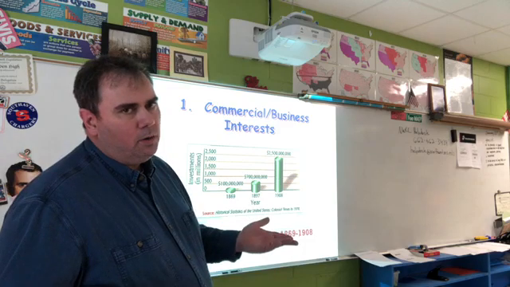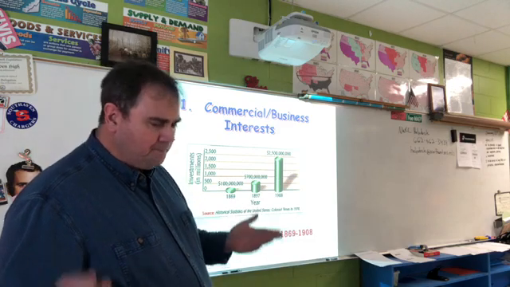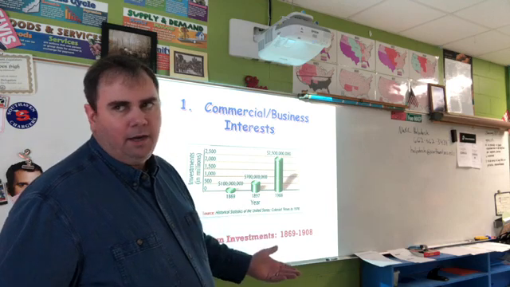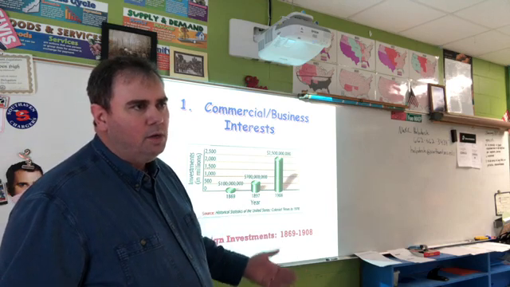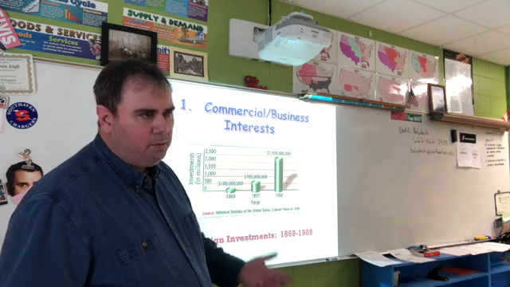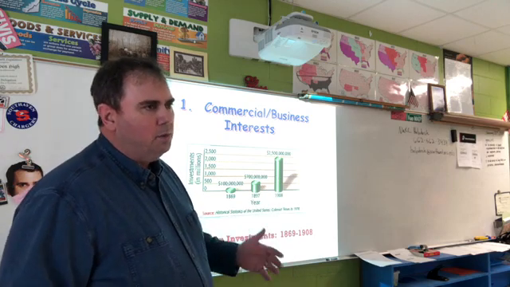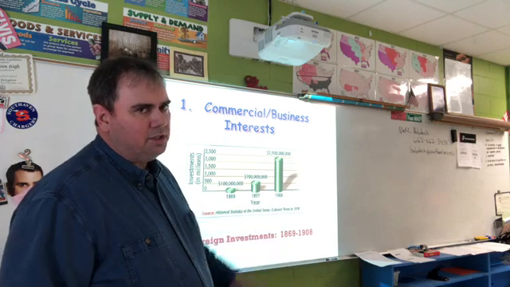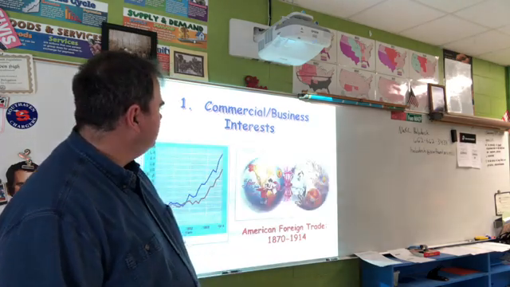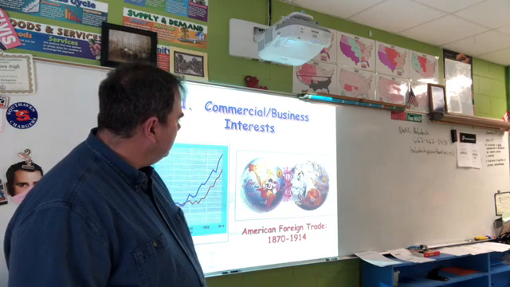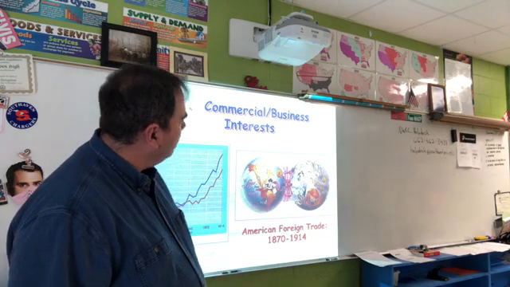Companies like Ford Motor Company, I think I talked about that earlier when we talked about vertical integration. Ford started buying up rubber plantations around the world so that he had his own supply of rubber for the tires for cars and things like that. So we start to see these companies expand and they become multinationals. Okay, here's just another example, foreign trade going up, and here we see a global economy developing.